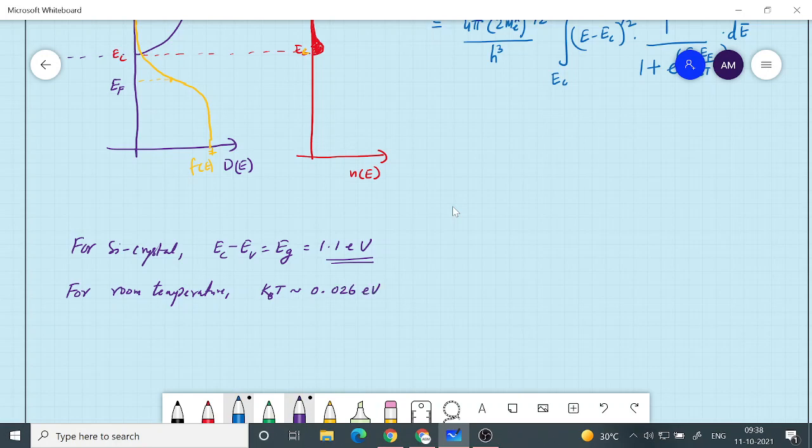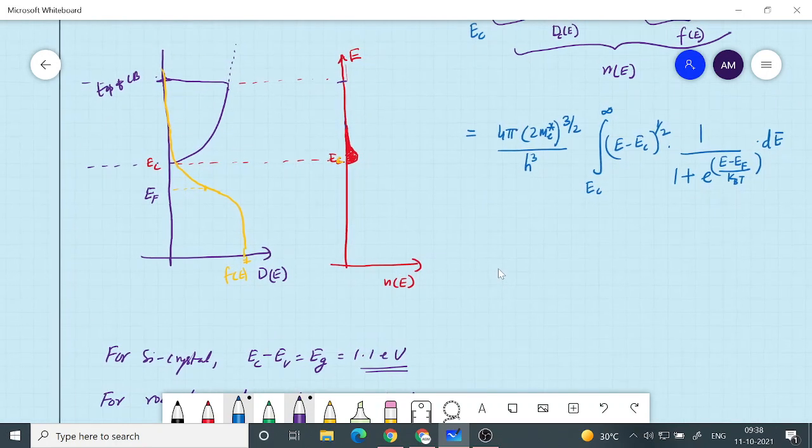So what you can see is that if you compare EG and KBT, we can see that EG is much greater than KBT. Now if I assume that our EF is somewhere, so this is our EC, and if I denote